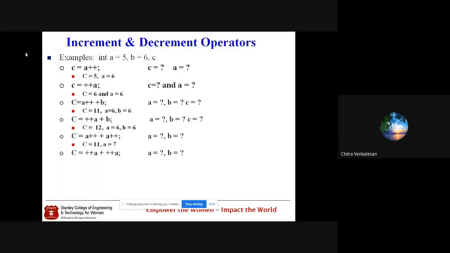So what we'll be doing is the plus plus A. So from 5, it will become 6. Fine. Plus plus A, now A will become 6. Now again, plus plus A, so 6 will become 7. So 6 plus 7 is 13. And A will be 7.